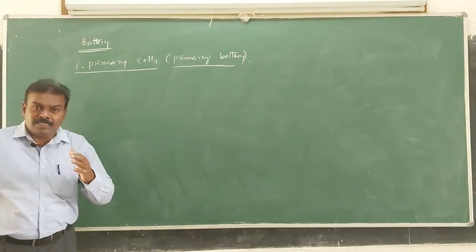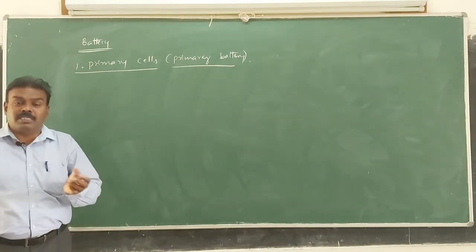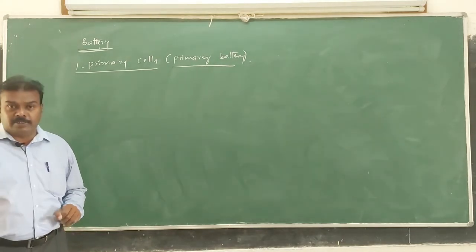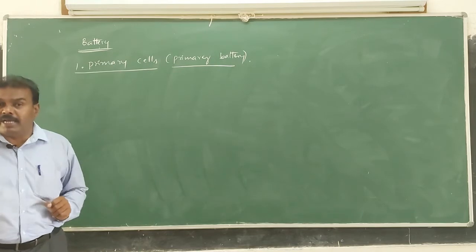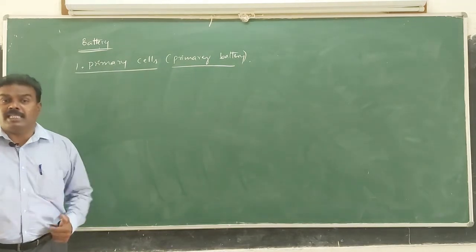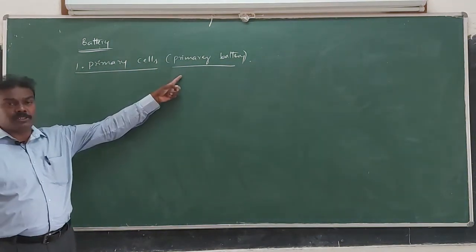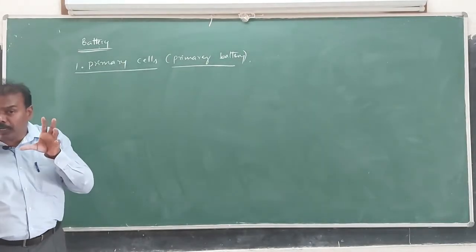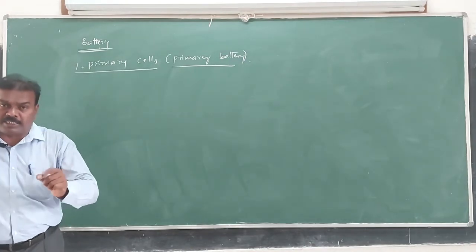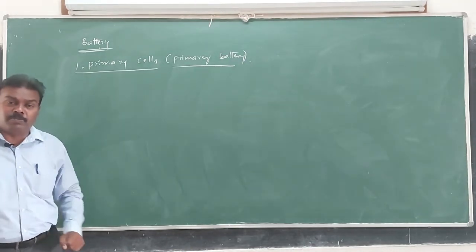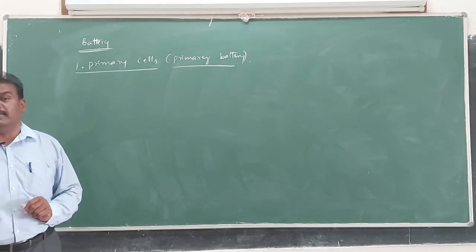After some period of time, we just throw it out because these batteries will not work continuously. Following all of you, once the chemicals are exhausted inside that cell or battery, it cannot be used again and again. Such batteries are called what? Primary batteries or primary cells. What are primary cells? Primary cells are those that die after some period of time and cannot be reused again and again.